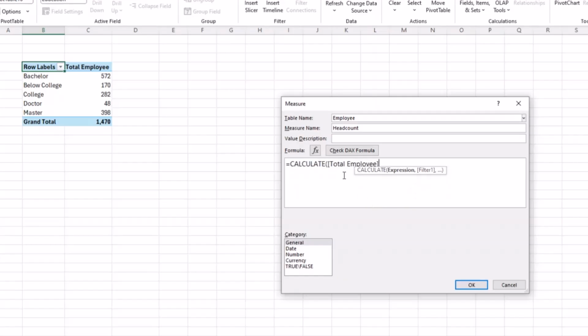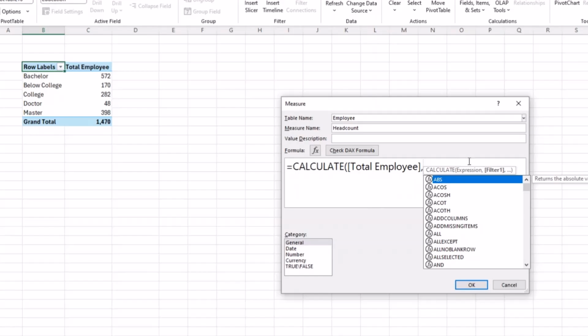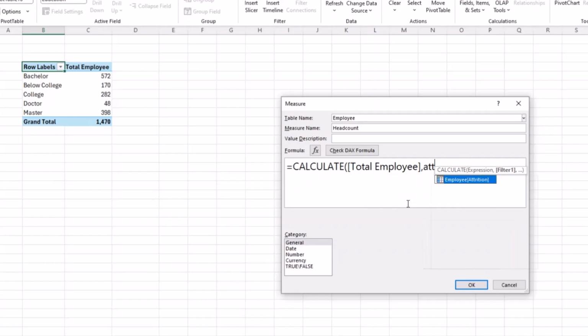So when I select total employee, I'll put a comma, the first one is expression, which I've put, comma. Now, what's the filter? The filter is when attrition, can you see employee attrition, is equals to no, but I'll put down no in quote, right? When you're typing text inside the formula, you have to put it in quote, right? So let me zoom this so you see my measure. Calculate my total employee that I just did before when employee attrition is equals to no.